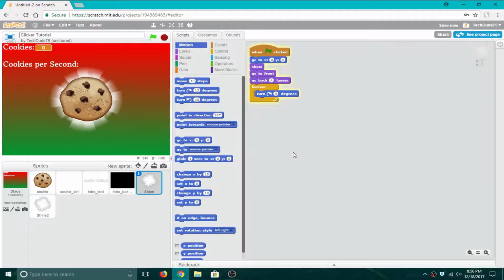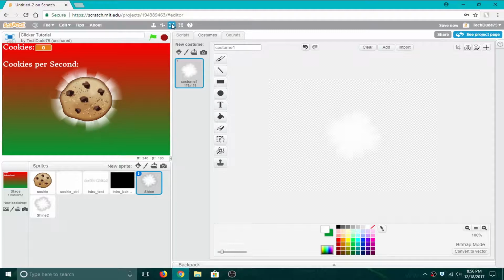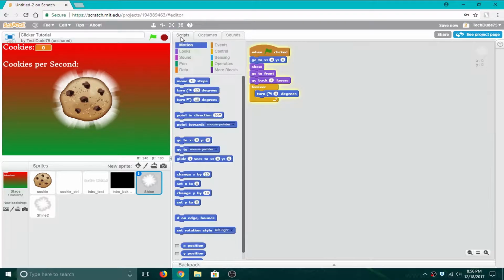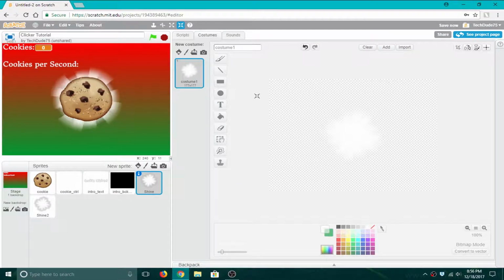That's good. What if I were to make this one bigger? I just slowed it down a bit. Yeah, that's good. Okay, so now we have some little fancy Shine, and we got a working game